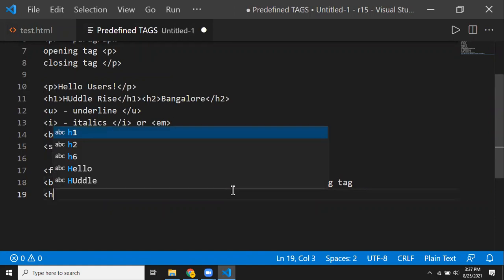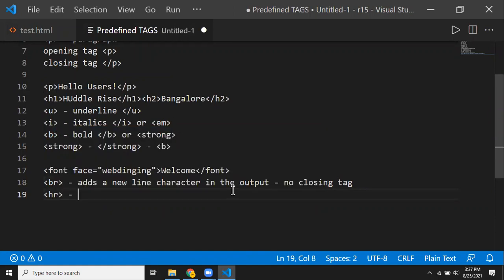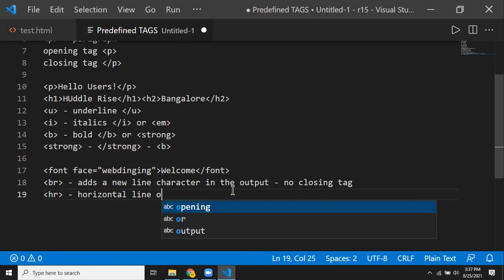There is another tag called the HR tag, the horizontal rule. It's a horizontal line, and we are going to have the horizontal rule, or the line, drawn for me when I use HR.